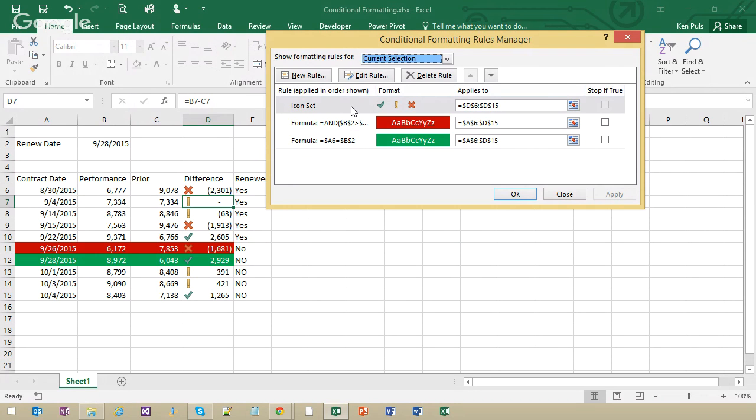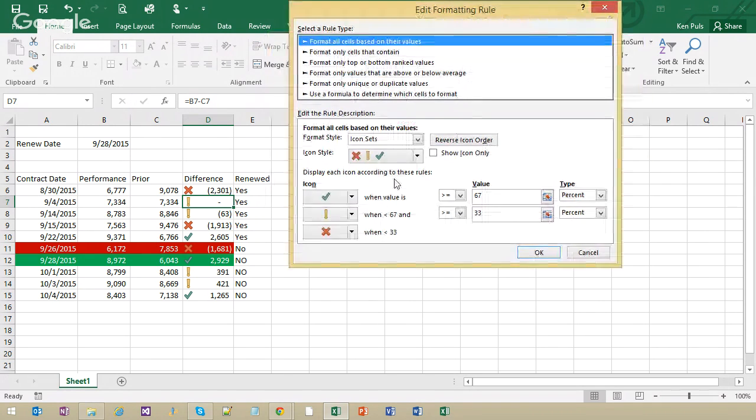Now, if I want to modify my icon set rule, I can click Edit Rule. You'll notice that by default, when you set up a rule like this, it actually deals with everything in percentages. I'm saying, well, that's not ideal. I really need this to look at a specific number, and I need this one to look at a specific number, because my goal here is to show a green check mark if the variance is positive because the performance is up versus prior, and I want a red X